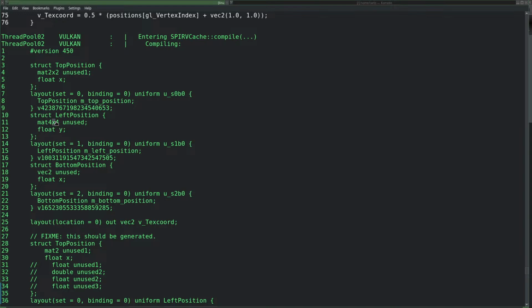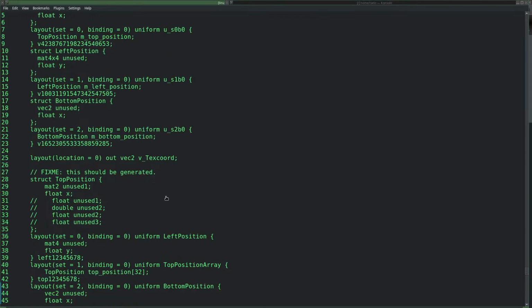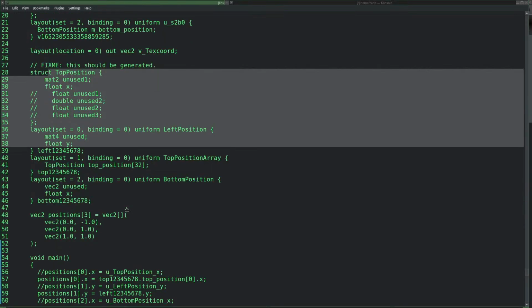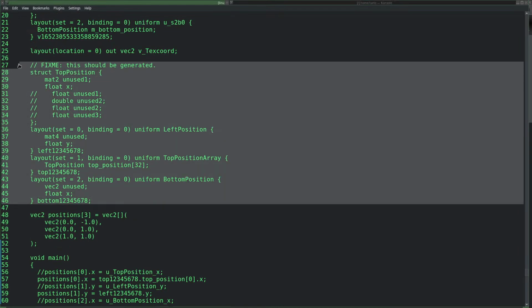Maybe I should not print the x4, although I think it works. Might as well. Fact 2 unused float, so it's perfect, except that after that I'm doing it again. Fix me, this should be generated, and I'm doing it again, and that's the problem that it has. So I'm just going to remove all the